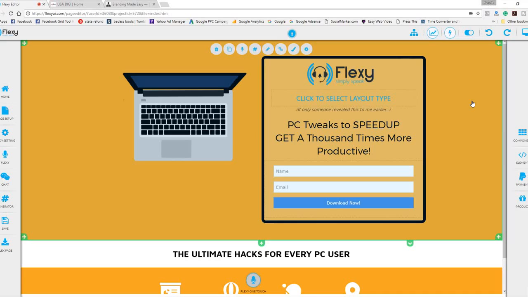So I'm going to go ahead and just go over just a few things in here that you might want to change. So this is the opt-in form. Usually, depending on how you're marketing, you might want to just use the email tab here instead of the name too, unless they actually bought something from you or buying something. But in this case, they're just opting in probably for a free lead magnet or what have you. So two things that I want to do here. Everything else is fine. I might want to change the text, but what I really want to do first